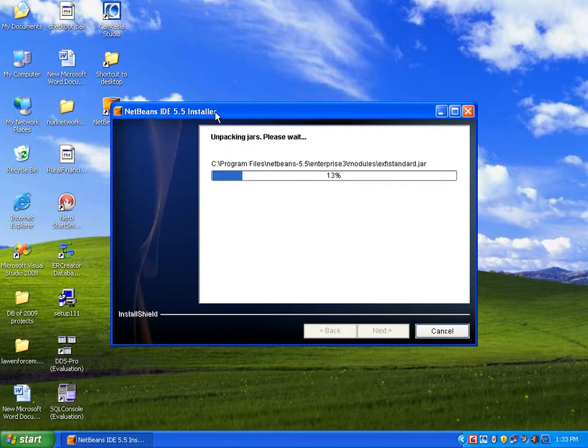Many versions are there prior to this version like NetBeans 5.0, and even we have advanced versions like NetBeans 6.0.